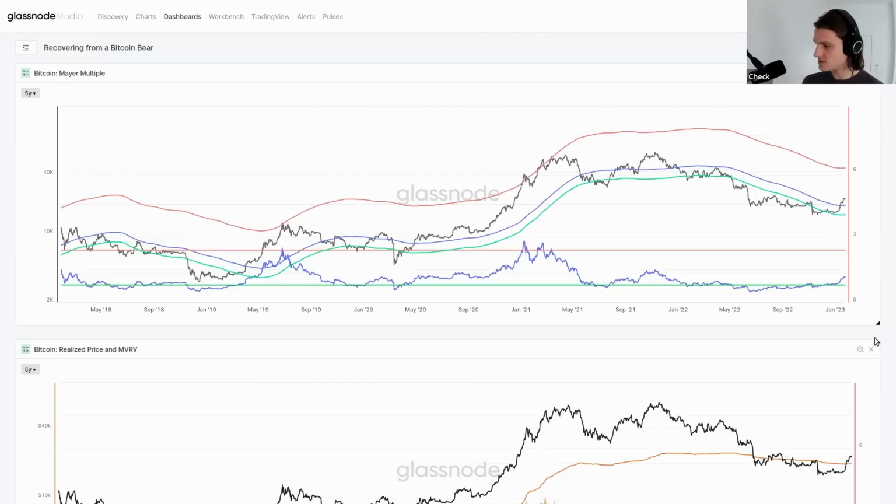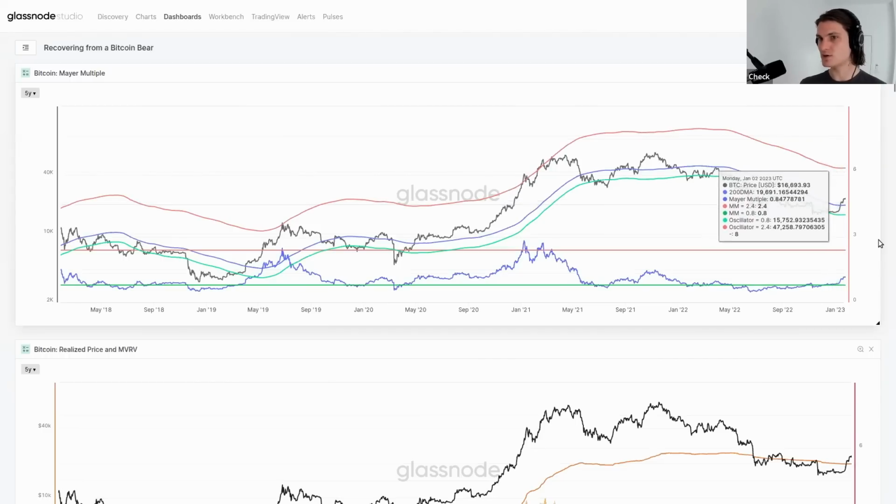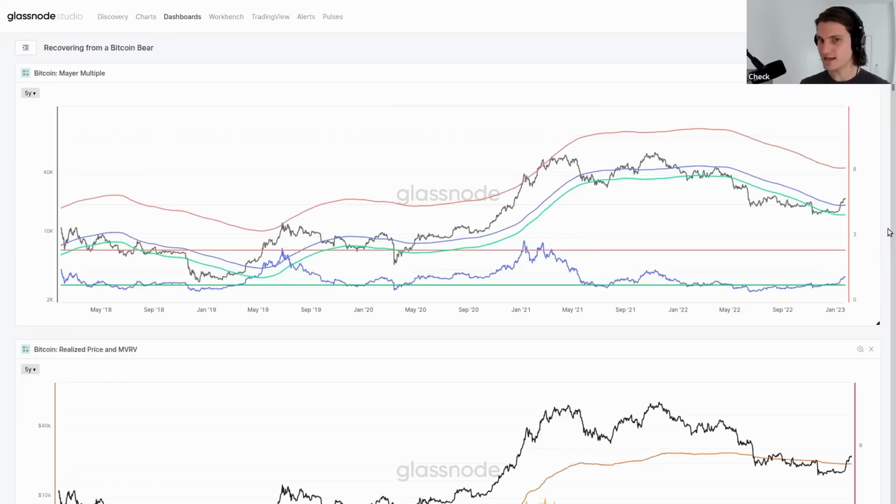There are 2 pricing models that we selected. Really, they come back to what are the most psychologically relevant, widely observed pricing models that we have. Well, every man and his dog knows about the 200-day moving average, whether you're from traditional finance, commodities, Forex, or the crypto space. The 200-day moving average, in this blue curve here, is one of the most widely observed technical indicators that exists. Many people look at it purely as a bull-bear indicator.